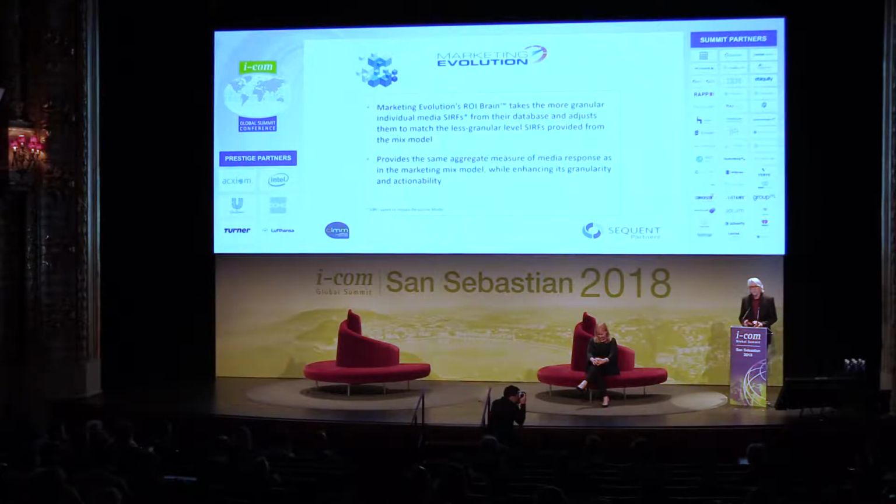So Marketing Evolution said, here's what we do. They have a technique that works at the consumer level. That's always been their methodology, and they have response curves that they call SERFs, spend to impact response functions. They have a big database, as other modeling companies do, and they will take a response curve from a mixed model and then match it with more detailed, more granular response functions that will add up to the aggregate one, so that the market level finding controls what's happening and determines the ROI for the medium as a whole, but the individual granular response functions give you the granularity and the fast pace that Alice was speaking of,